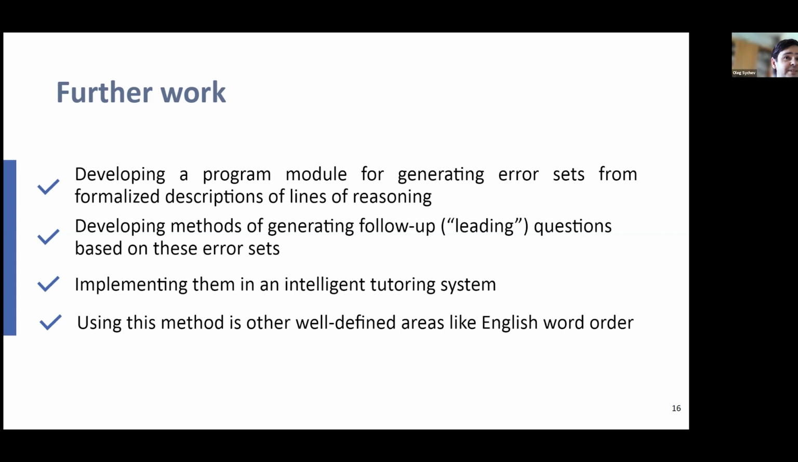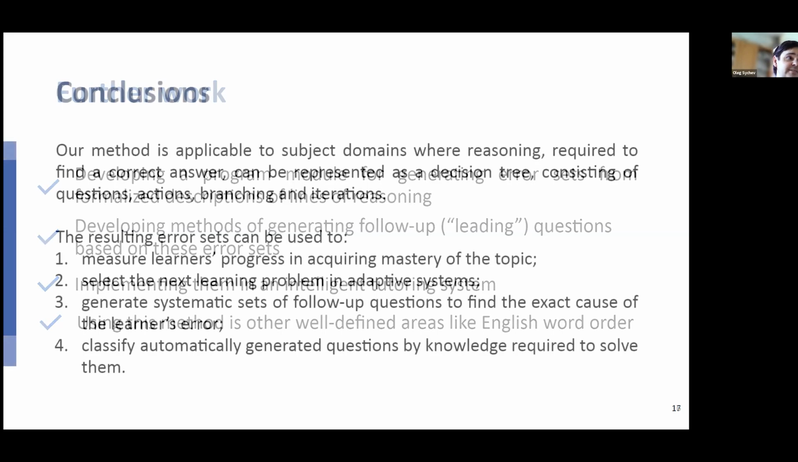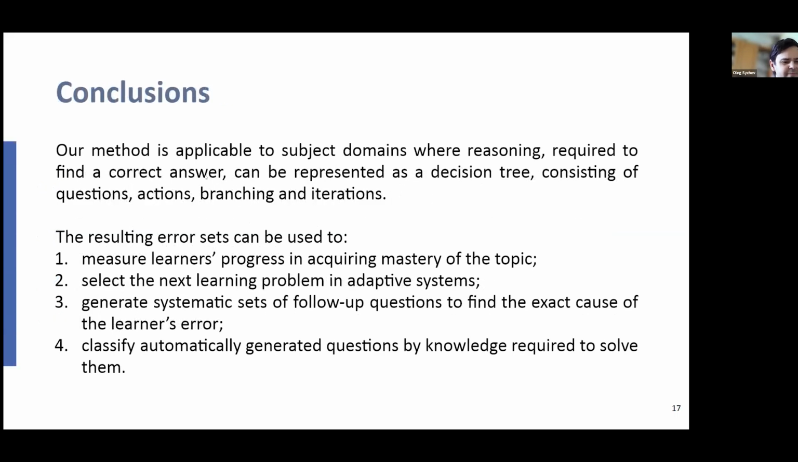questions or follow-up questions. So instead of just telling, oh, you are wrong in this, the system can start questioning the student about the information necessary to solve the task until they understand what they did wrong. And we also consider using this method in other well-defined areas, other than programming, for example, word order in English sentences. So in ITS, there are a lot of topics covered in the ITS literature, but